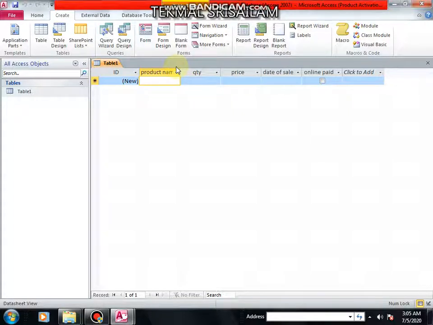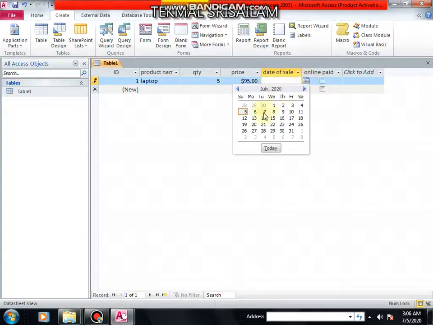I'm going to type some data in this. As you can see, $95, because I selected the type of data as currency for this field. That's why the number is displayed along with the currency symbol.